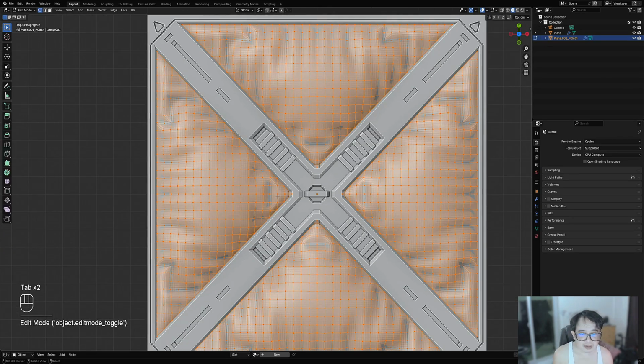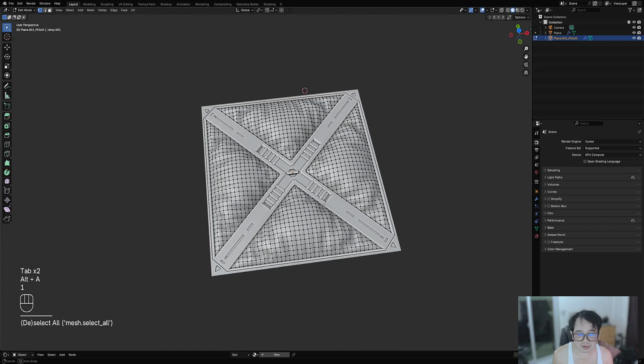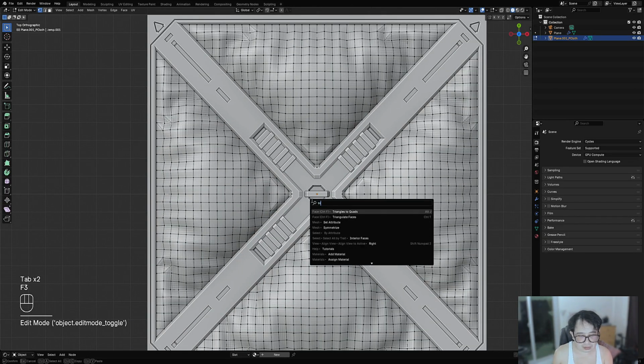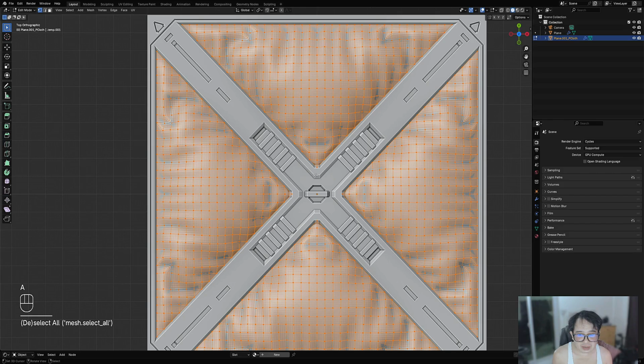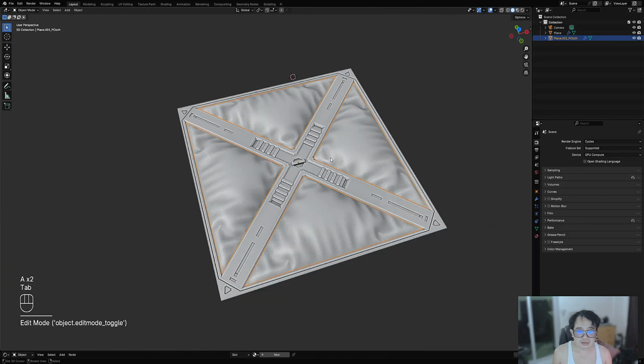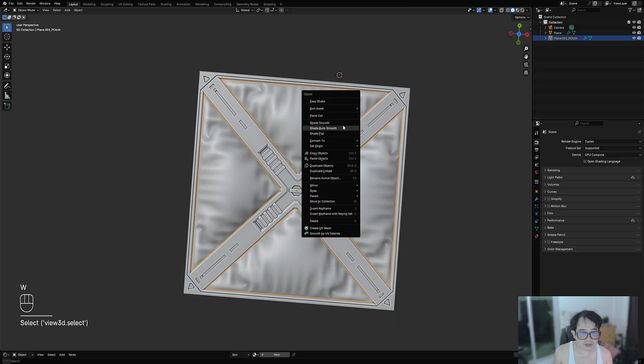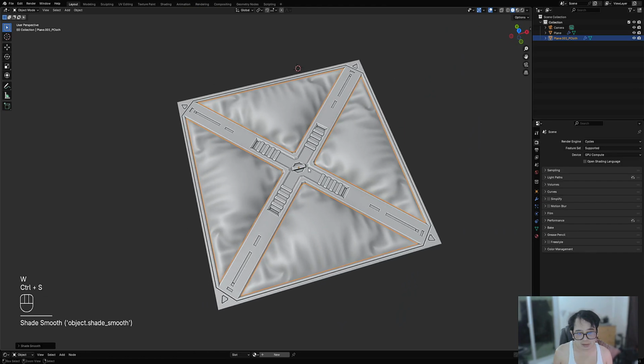There we go. You can codify it. So triangles to quads is Control F, Alt J. Oh yes, Alt J. There are so many hotkeys in Blender that sometimes you just forget some of it. Okay,